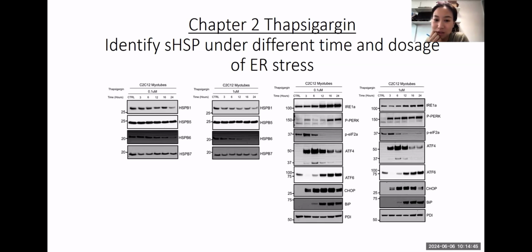Maybe the hypothesis is that ER stress will result in the phosphorylation of eIF2 alpha, which will result in the reduction of general protein translation, right? So some said that maybe this will result in small heat shock protein decrease, right? Yeah, the idea of my hypothesis would be if most proteins are being reduced, i.e. the translation of most proteins is inhibited,